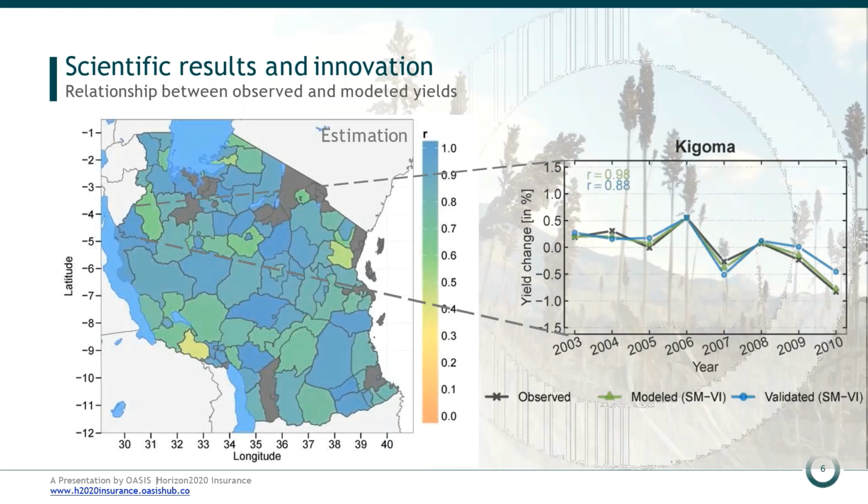And when you also look at the time series, just picking one randomly, you can see here the black line with the observed yield, and then the model yield, which is the green line, and also running the model without giving it the information of the crop yield in an out of sample cross validation, which you can see here in the blue line. You can see also that the coverage from year to year of the model is quite high.